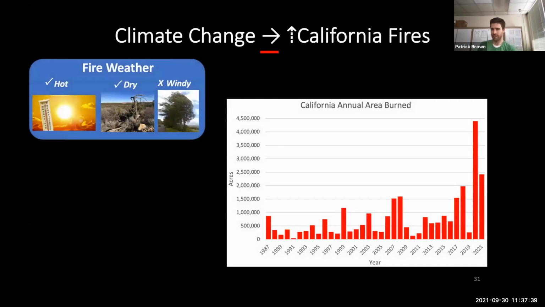So one thing that's interesting to think about is that this record of California annual area burned just goes back to 1987, because that's when CAL FIRE started to meticulously keep track of these things. And you'll see different graphs that go back further and have different estimates. But when people look at the evidence going back even further, one prominent estimate was that prior to 1800, what we saw in 2020, which was 4.5 million acres burned, may have basically occurred every single year.